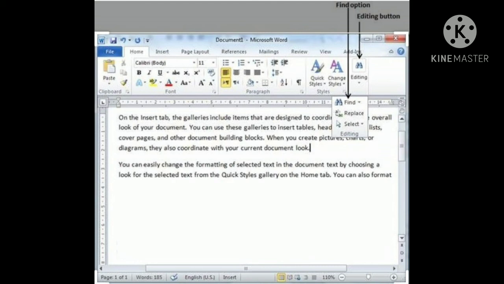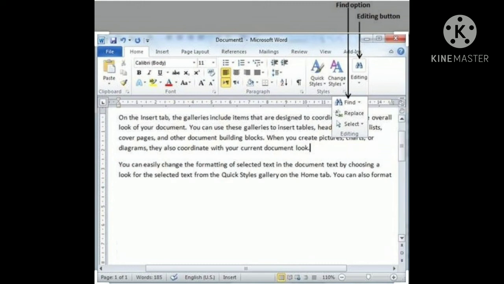Sometimes you may need to search for particular words or text in a document. The Find command of MS Word is used for this task. The Find and Replace command finds the word or text and replaces it with new words or text in the document. Find. To find text in a document, follow the given steps.